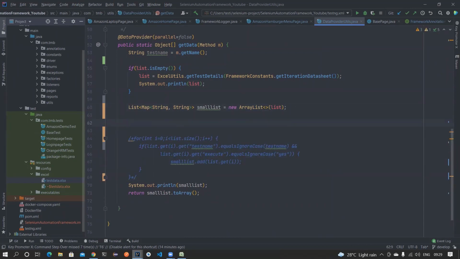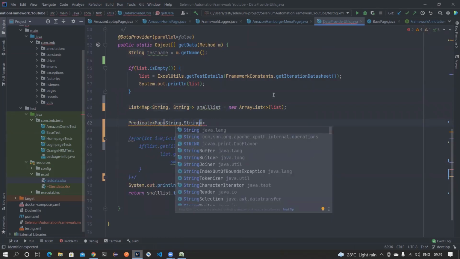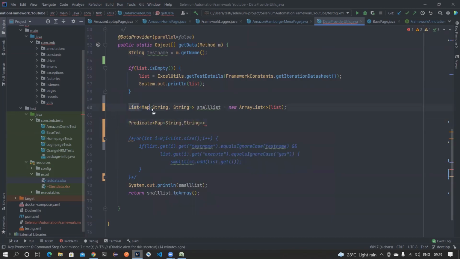So what I'm doing is creating a new predicate. This predicate is basically accepting string comma string, right? Because each of these elements in the list is a map. Okay, good, so now this is a predicate. I'm just checking the test name. If the test name is not matching, then I cannot use it.